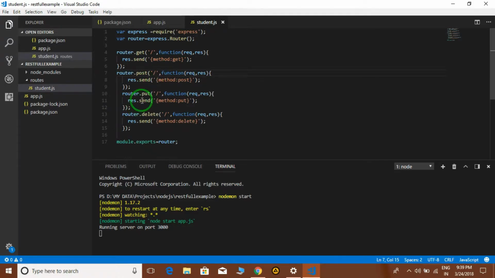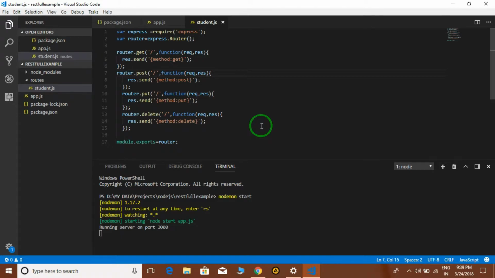Then we have to make PUT and DELETE also for sending requests from other interfaces. We can send data from Android, from iOS, or from any web application. But as a Node developer, it is not our concern that we have to make the interface from the client side also.